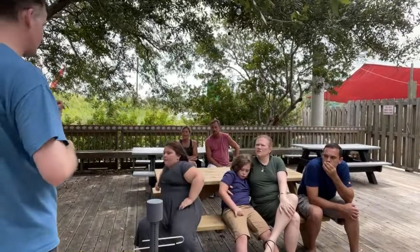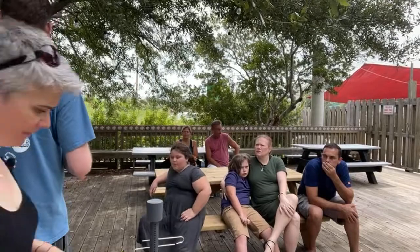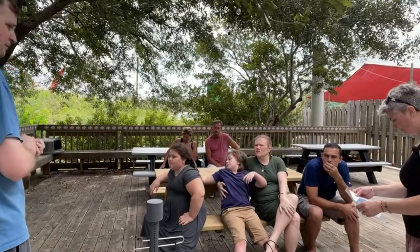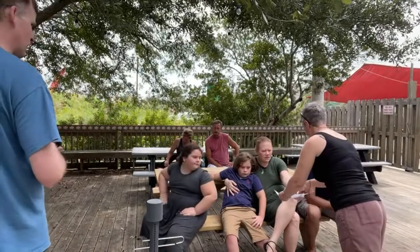So we went back out a couple months after Ida, mainly because of the logistics of getting back there. Ida really left a pretty strong trail of destruction. People lost homes, people lost livelihoods, so getting back out was a challenge. But the other thing that we're seeing is that